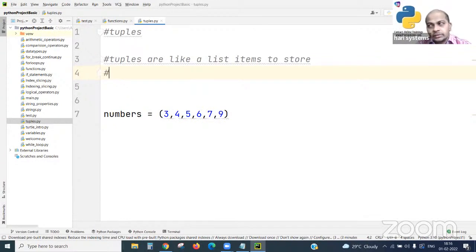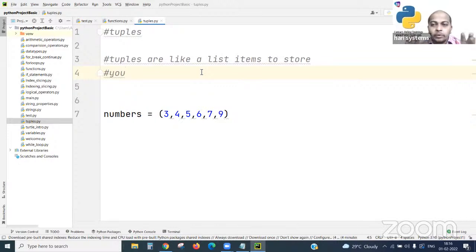So the first point we have discussed is that a tuple is similar to a list, whereas list items you can modify very easily. Whereas with tuples, you cannot add a new item or modify an item.